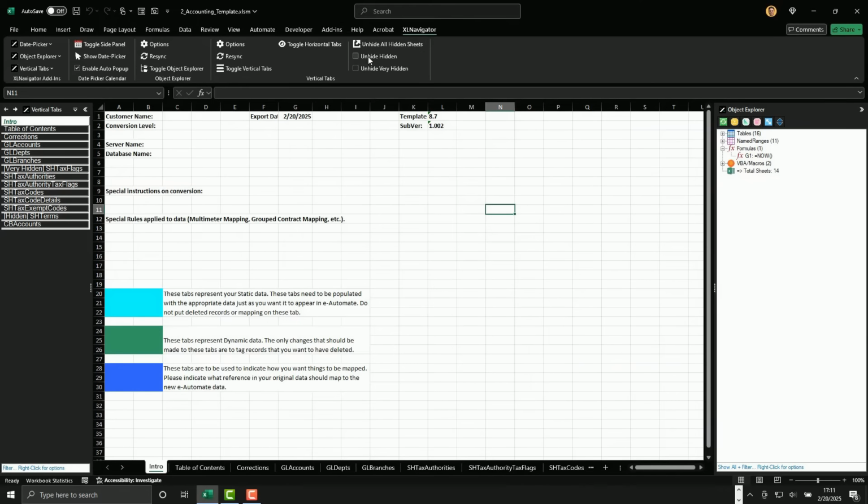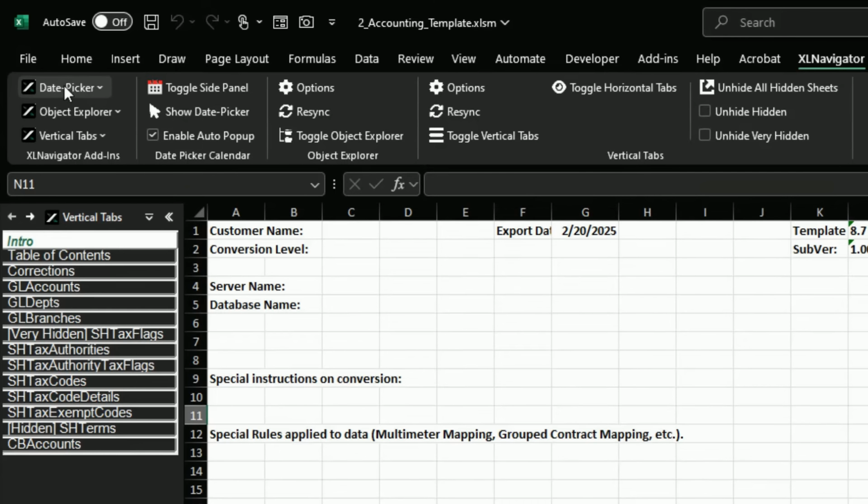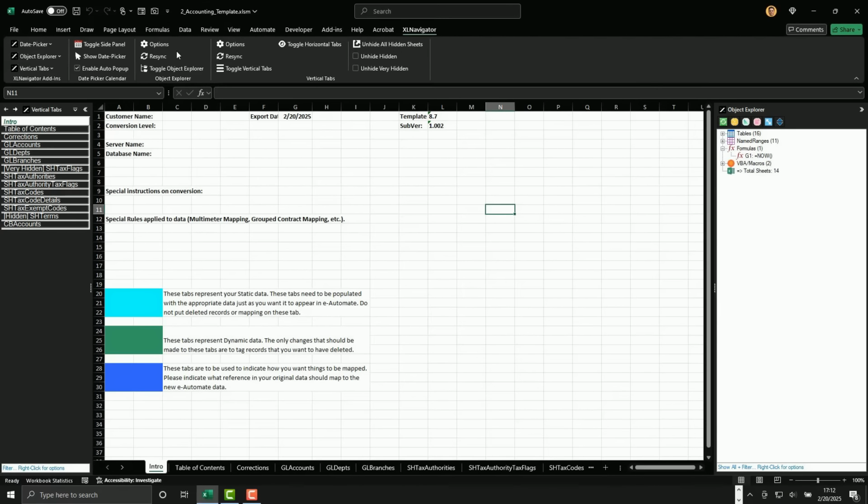If you have multiple individual add-ins installed, they will work seamlessly together under the XLNavigator ribbon tab in Excel. For example, you might have the Date Picker, Object Explorer, and Vertical Tabs installed side by side. However, the all-in-one version includes all these tools in a single package, maintaining the same ribbon layout while simplifying installation and management. To demonstrate the power of these tools in combination, on the left we have Vertical Tabs, and on